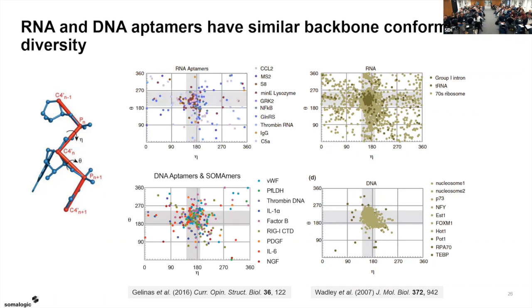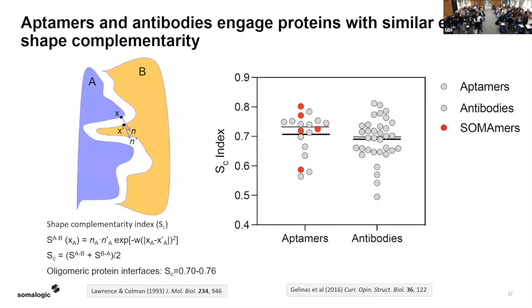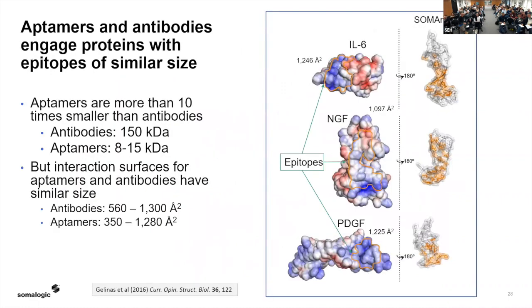But when you look at aptamers, you see not a whole lot of additional conformational flexibility for RNA-based compared to DNA-based aptamers. Now, the shape complementarity between aptamer and protein interactions tends to be as good as what we typically see with antibodies, and even more importantly, the epitope size, even though aptamers generally tend to be smaller than antibodies, tends to be quite